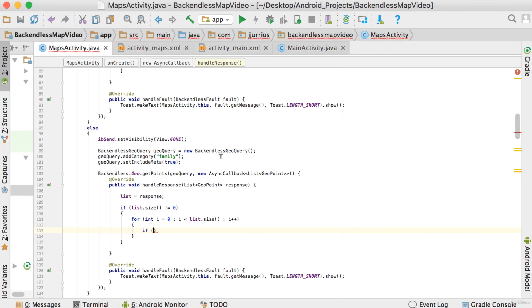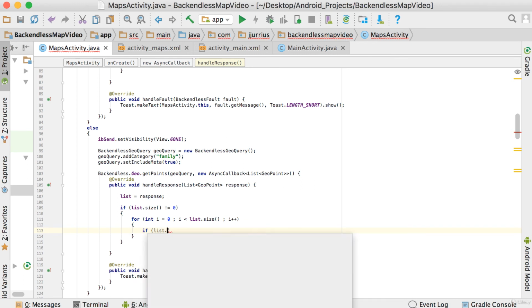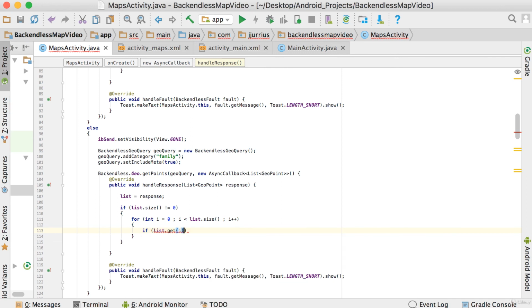What I want to do in Backendless is check if there is already a geo point for Peter online. So I'm going to test if list.get(i) gets the geo point, .getMetadata gets me some metadata, and I want the name because I want to check for Peter. And toString will give me the name Peter or whatever was saved there. And I want to check if it equals